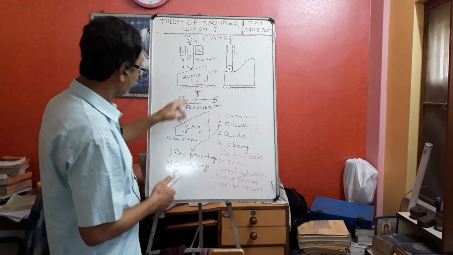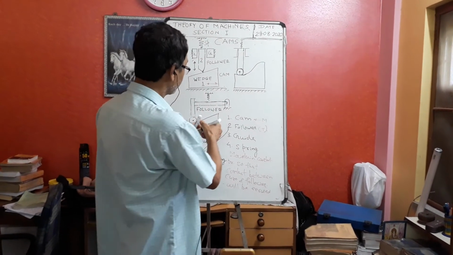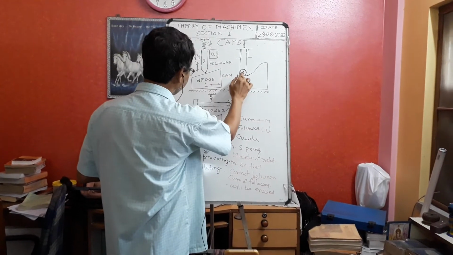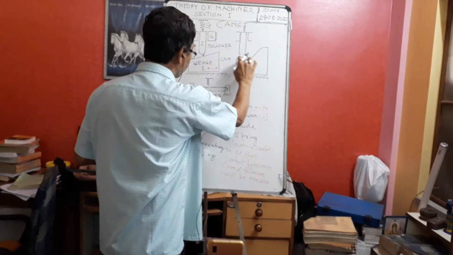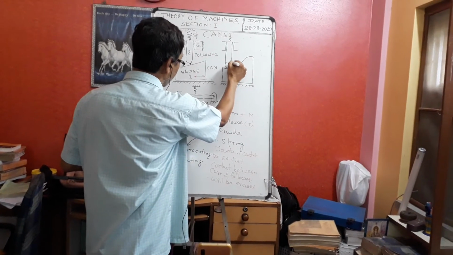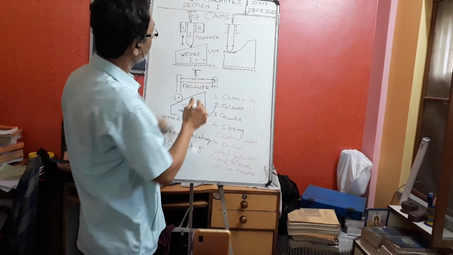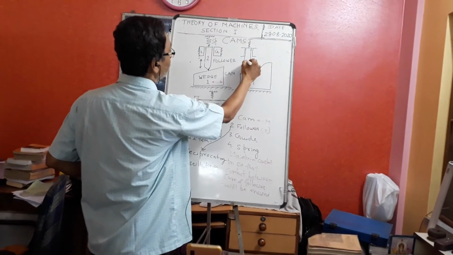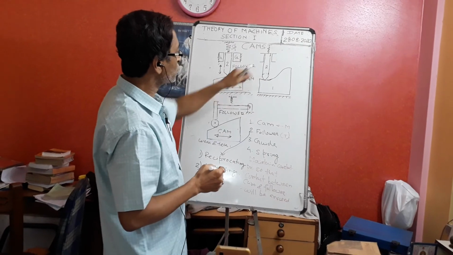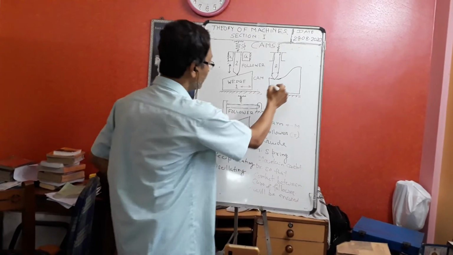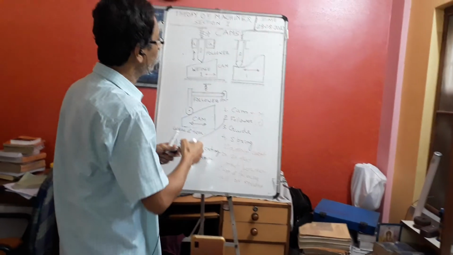Now, can anybody identify? This is also a wedge, and definitely this is a follower type. Let me do the same type, then you can compare it correctly. So this is also a follower. This is the same follower, but the wedge shape is changed. This wedge is like that. What is the difference between these two? If I move this wedge in these directions, what will be the movement?